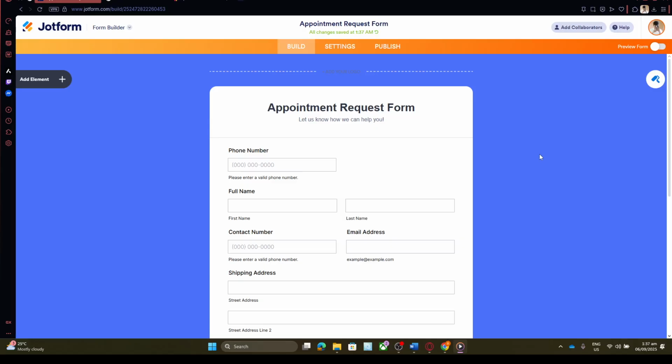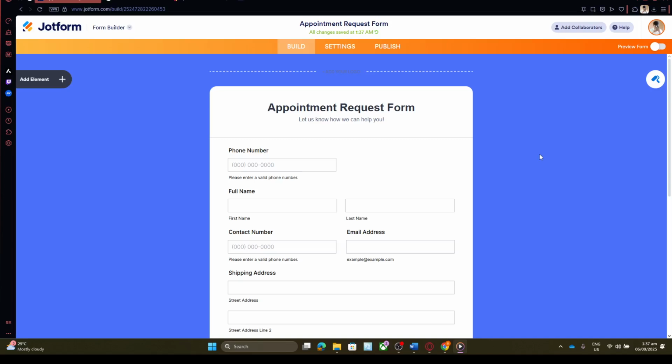your workflow. First, let's open your web browser and navigate to the Jotform form builder, specifically the appointment request form. This is where all the magic begins. Once you're on that page, take a look at the top to locate the Settings tab. Clicking on it will take you to a variety of options that allow you to configure your form's behavior and